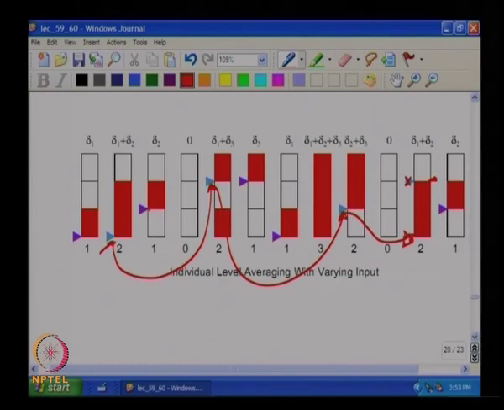Does it make sense? And look at the error here, it is delta 1 plus delta 2, the error here will be delta 1 plus delta 3, and the error here will be delta 2 plus delta 3. So, when you add these 3 sequences, it will become 0. I mean, whenever you hit delta 1 plus delta 2 plus delta 3 times 2, you are done,